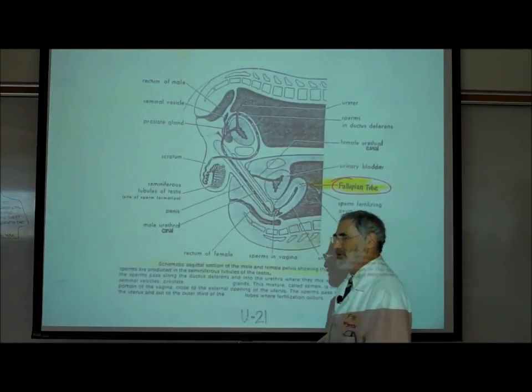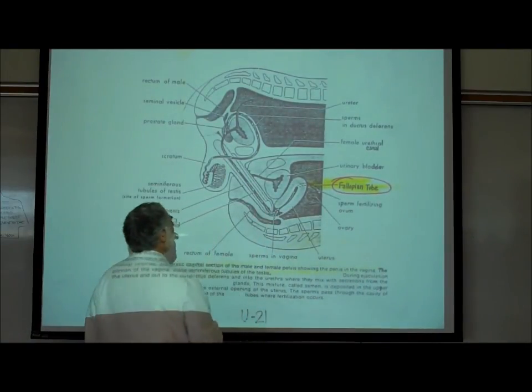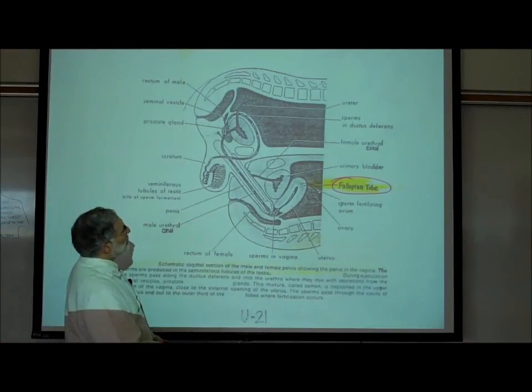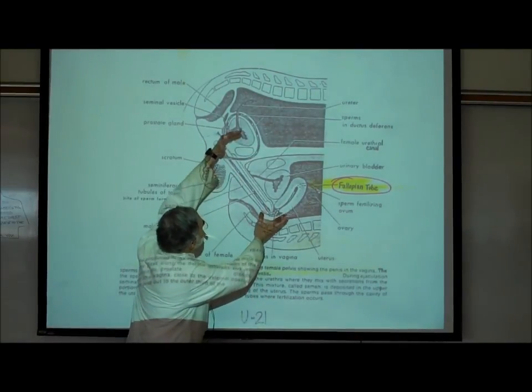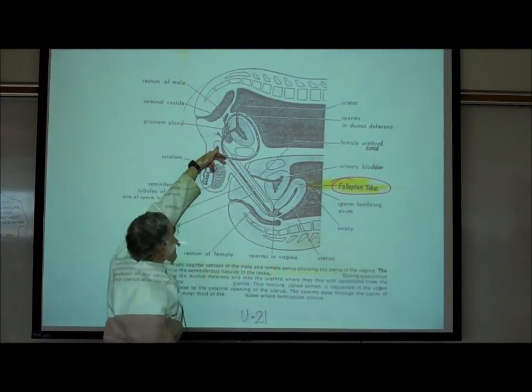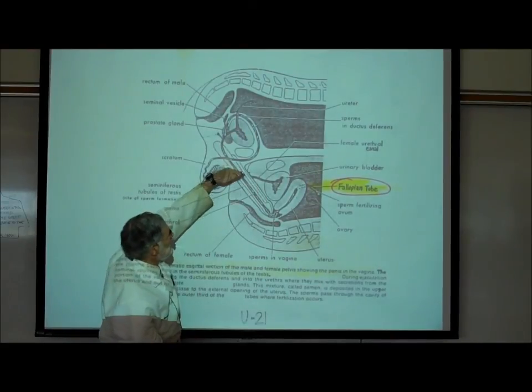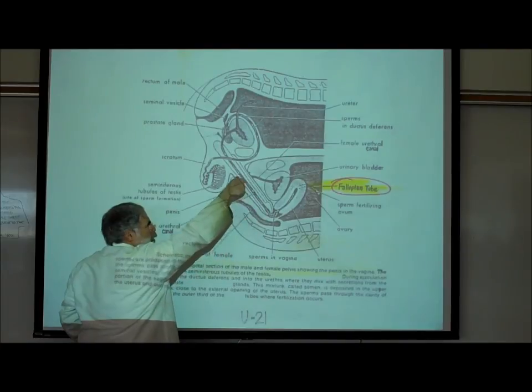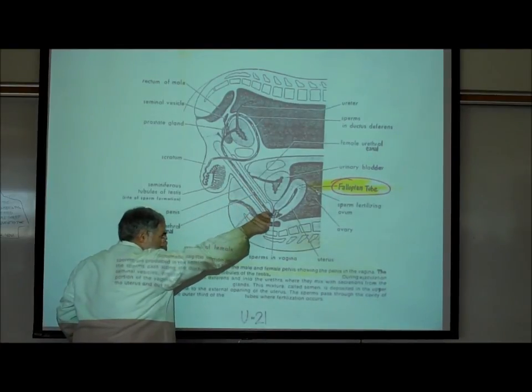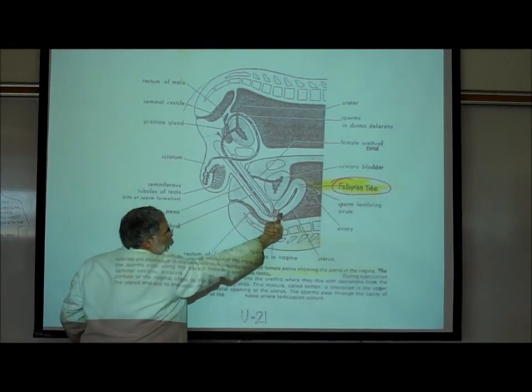And some of you who have me for lecture have already seen this. This is intercourse. And some of us might be looking at this going, what? Okay, let me help you. This is a guy on top of a woman, and here's his penis inserted in the vaginal canal. You can see the sperm being ejaculated out the urethral canal of the penis, and they're released at the top